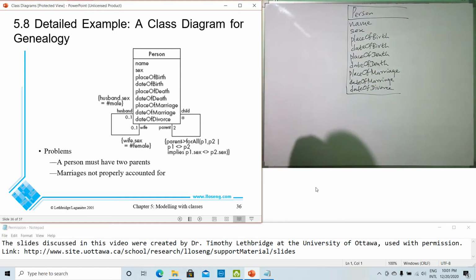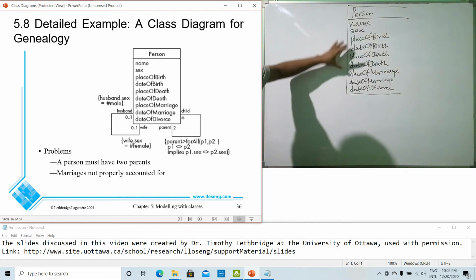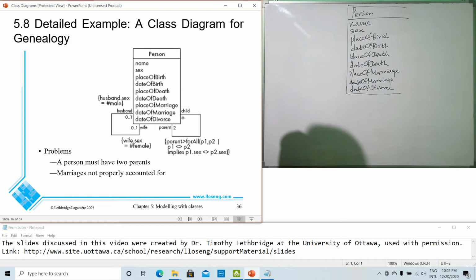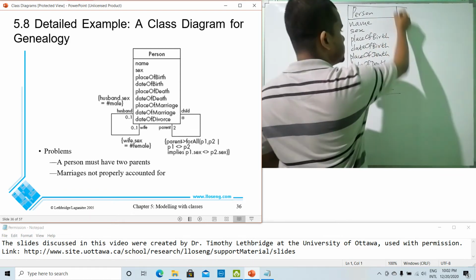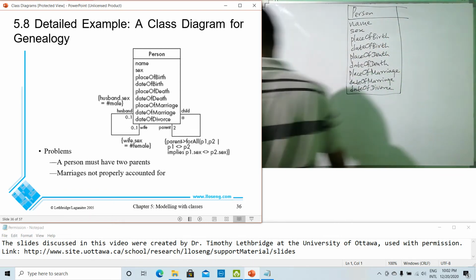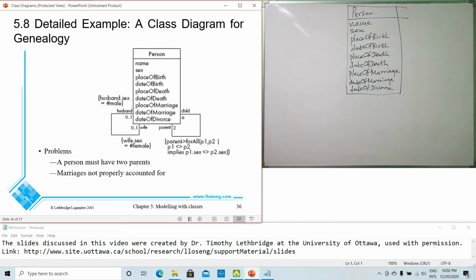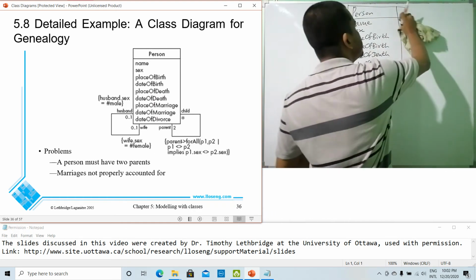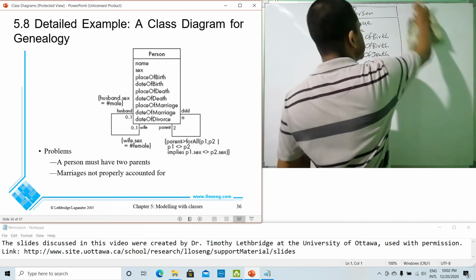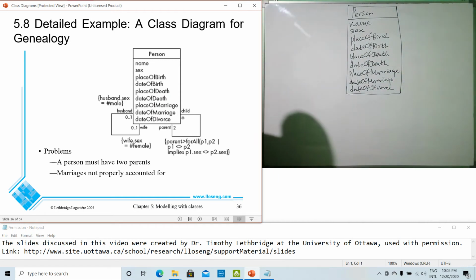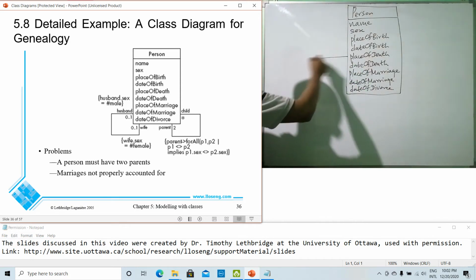Those are the attributes: 1, 2, 3, 4, 5, 6, 7, 8, 9. Okay, so this is a particular class. This is just an example. We are going to investigate its weaknesses, and now let's say we put a